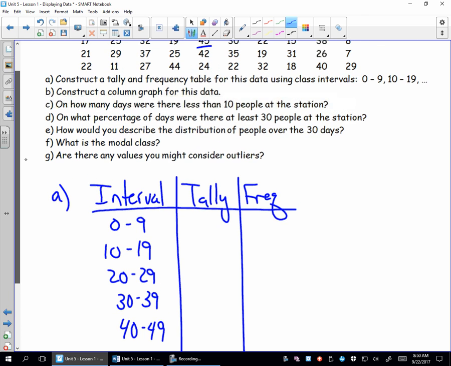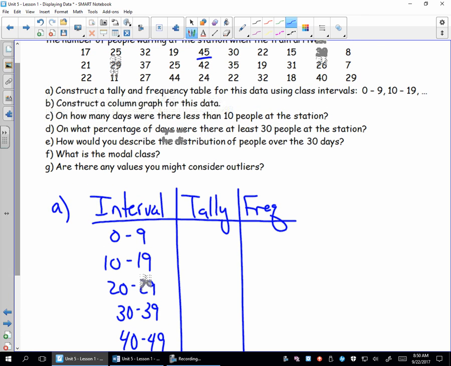Okay, got my interval chart. Now I have to go through and actually tally each thing. So I've got a 17, a 25, a 32, a 19, 45. We're going to go through and make all our tallies, okay? You guys can do this part, I'm sure. If you do it right, you should end up with that many,